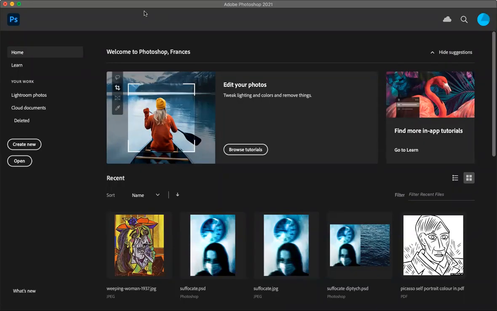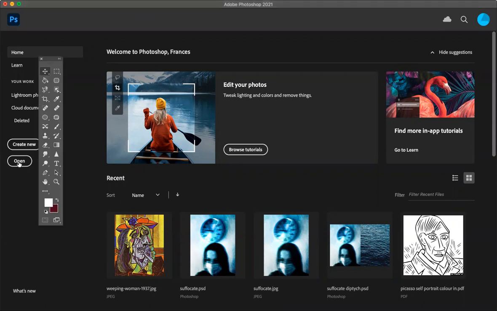Hi guys, this morning I'm going to talk about how to add texture to your still life photographs, and we're going to focus on our high key photos today. So the first thing we need to do is open up Photoshop, and I'm just going to go to open,